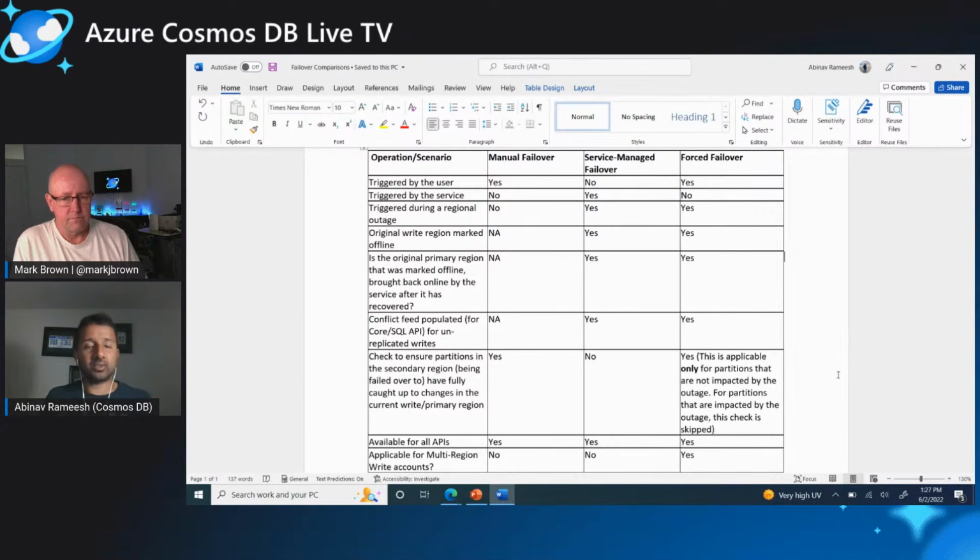And in the event of a regional outage, we're not even able to do that check, right? And the idea here is the manual failover has to favor data consistency. There cannot be data loss. And so you won't even be able to do this in the event of a regional outage. Now, the other two, the service managed failover and the forced failover, are very specifically for something that would happen